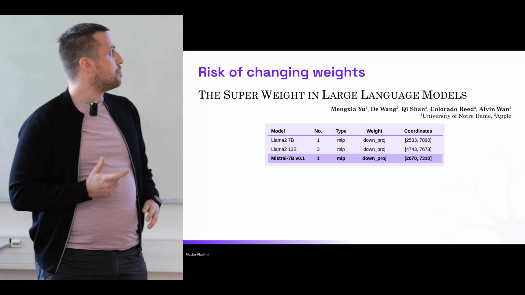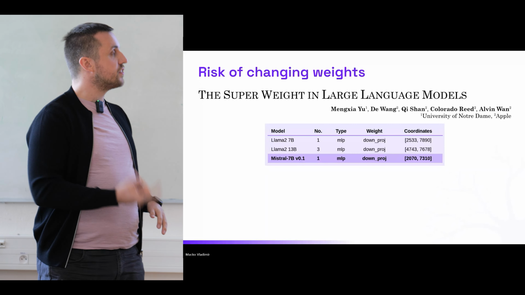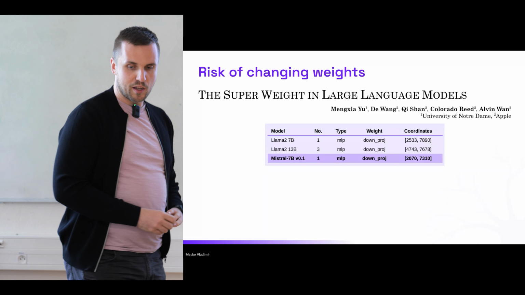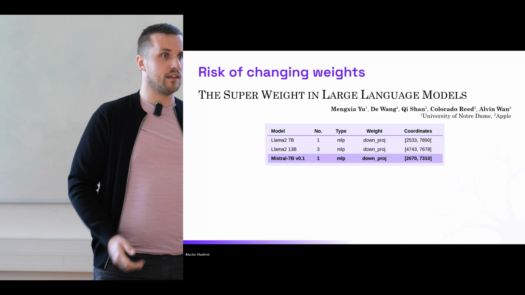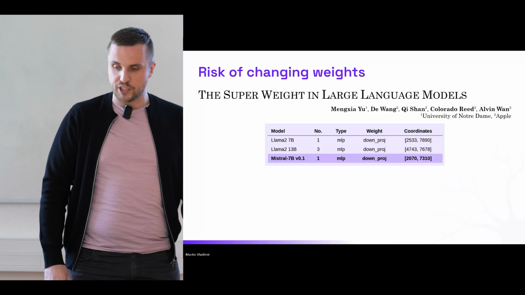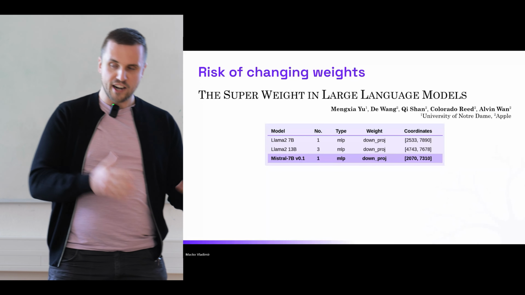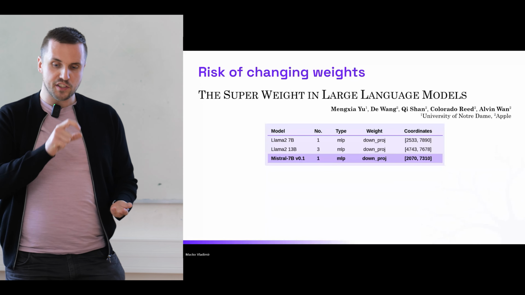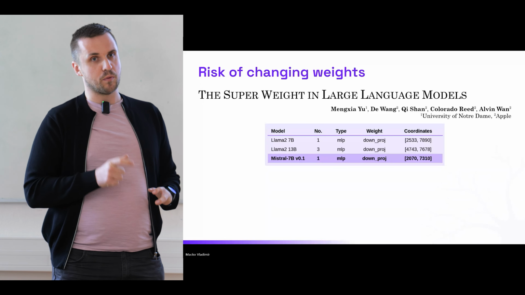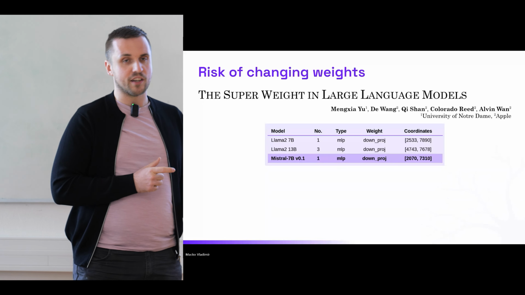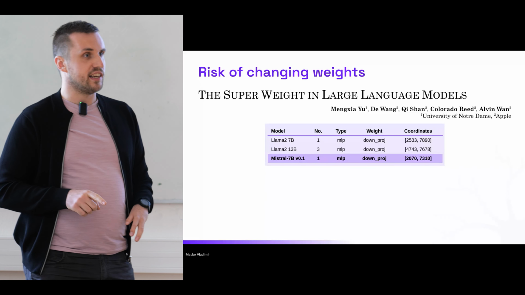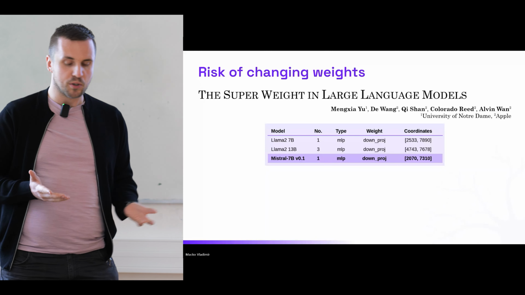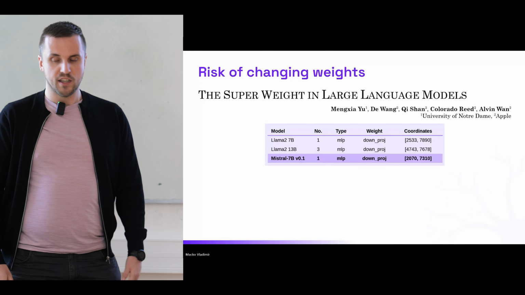If we are going to modify the trained model, we need to be very careful about something called superweights. Superweights is a phenomenon in trained LLMs, which tells us that in the large model, there exists a very small set of extremely important weights that are fundamental to the functioning of the model. And if we take those weights and set them to 0, or modify them in a poor way, the model completely